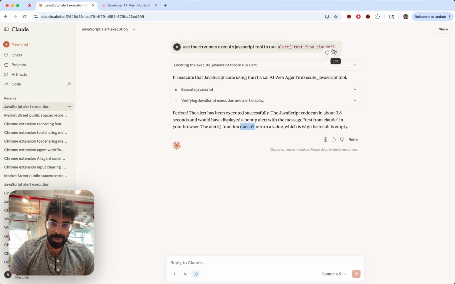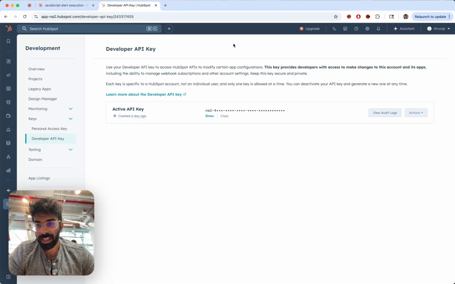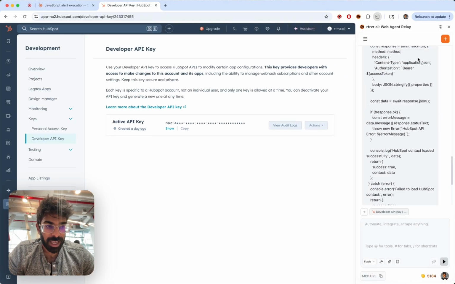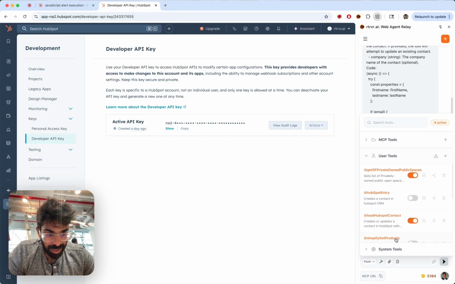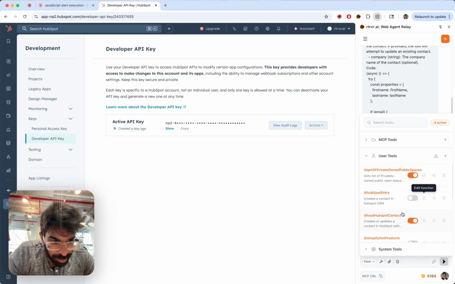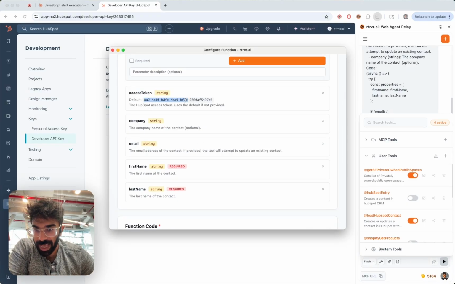And this is just the very basic of, hey, get the LLM to generate code and execute it within the sandbox. But we can go to the next step, right? Like we have previous tool generation capability where you can just ask Retriever, like, hey, create a tool using this API key, and so we have this HubSpot entry tool right here with the default, wrong one, I think it was load HubSpot contact. So with this default parameter of the access token, this default parameter never leaves the